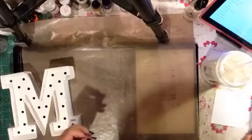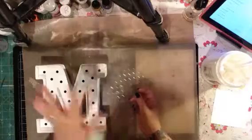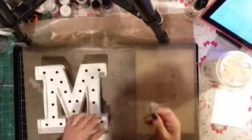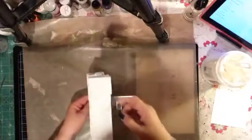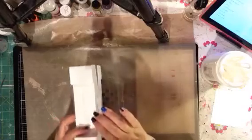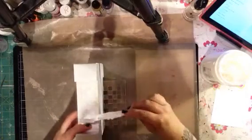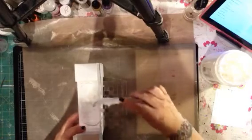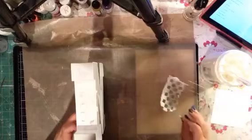So I'm going to show you two different things you can do. You can either use the stencil on the letter, or you can just use the modeling paste with the palette knife, which I will also have given you. So if you want to do the stencil, what you do is you just pick a place on the letter. It doesn't even matter where. You just put the stencil down wherever you want it. Then you take a little bit of the paste on the knife and you just spread it across. It's kind of like your bread and butter, or any other kind of spread you might like. And then you just peel it off, and it's going to leave you with